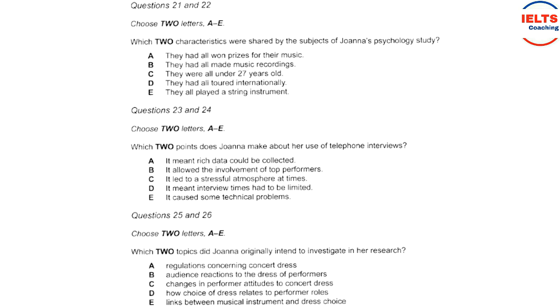Now, you collected your data through telephone interviews, didn't you? Yes. I realised if I was going to interview leading musicians, it'd only be possible over the phone because they're so busy. I recorded them using a telephone recording adapter. I'd been worried about the quality, but it worked out all right. I managed at least a 30-minute interview with each subject, sometimes longer. Did doing it on the phone make it more stressful? I'd thought it might. It was all quite informal though, and in fact they seemed very keen to talk. And I don't think using the phone meant I got less rich data. Rather the opposite, in fact. Interesting. And you were looking...